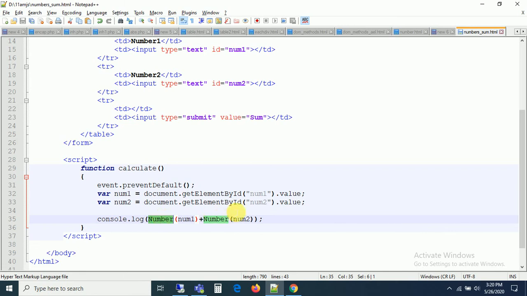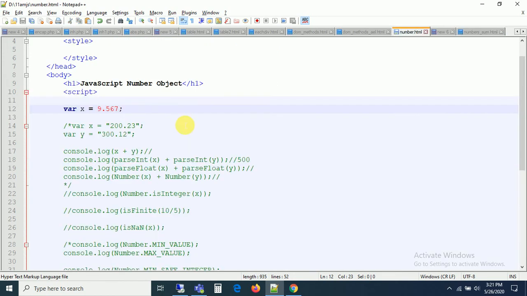Okay, and let us discuss the remaining methods we have. We have two fixed methods, two string methods, as well as two precision methods also. Let me discuss those methods as well. Now let us check this, guys. I want to apply the toFixed method here. What does the toFixed method do? The toFixed method returns a string with a number written with a specified number of decimals. It is going to return a string with a specified number of decimals.